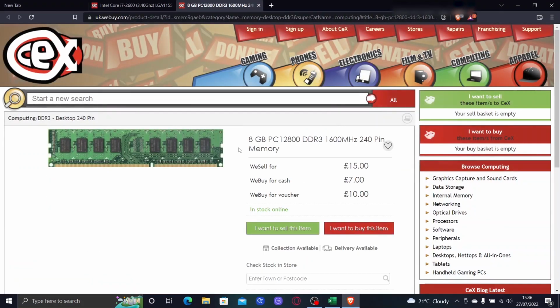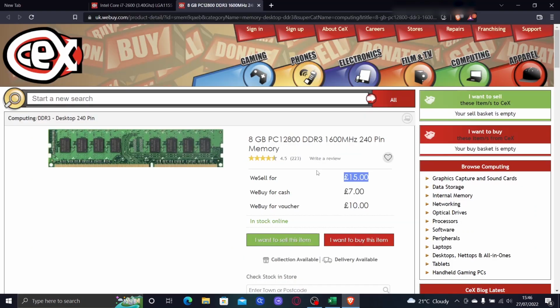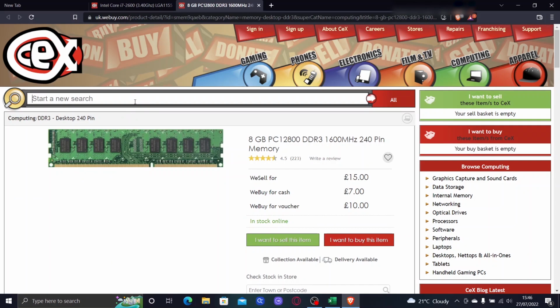The only issue with CeX when you buy your parts from here, the RAM sometimes can arrive mixed. So if you buy 2 sticks of 8, they will be mixed. And the reason why this is 15 pounds and I put here 34 is because they charge for delivery around 2 pounds. Alternatively, you can spend a little bit more, let's say buy a motherboard for 30 pounds and buy DDR3 1600,